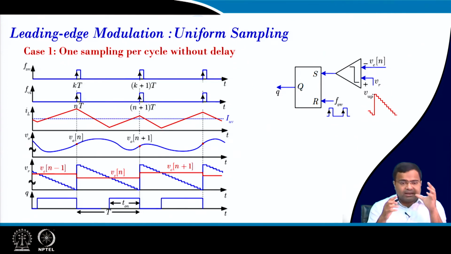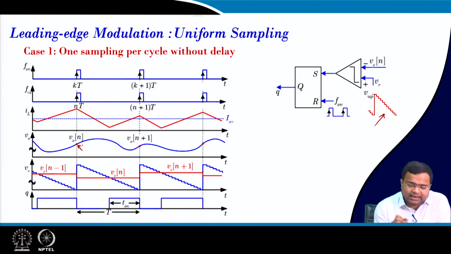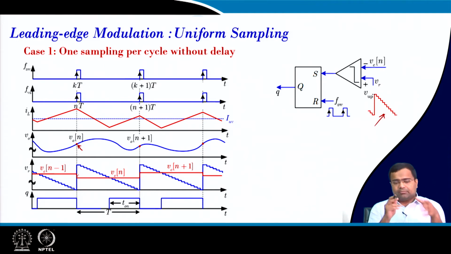Similarly, if we take leading edge modulation, it is the same concept that we have discussed. Though voltage mode leading is not frequently used, just to understand the leading edge modulation technique, we can again use a decrement counter. If we go for a counter based implementation, then again we can take the sample here, and ideally we can process the control voltage in the same cycle, because this will go through an error followed by a compensator, but practically that is not possible to realize. So, in order to realize the practical conversion, what we need to do is, if this is your ADC,